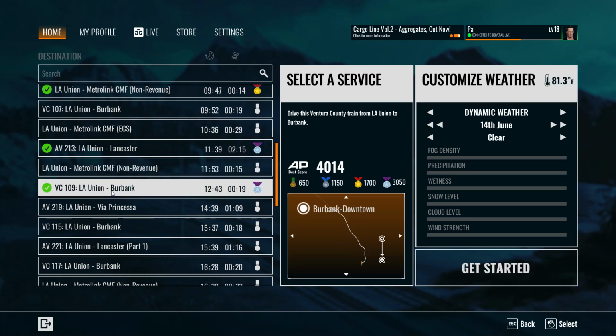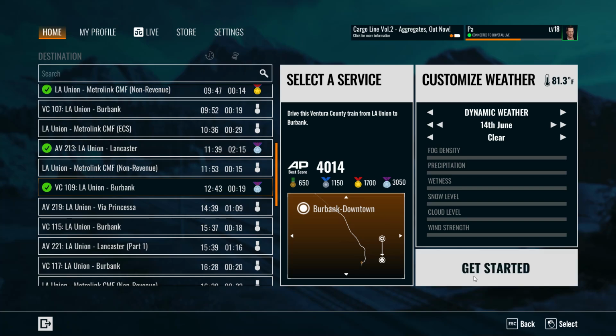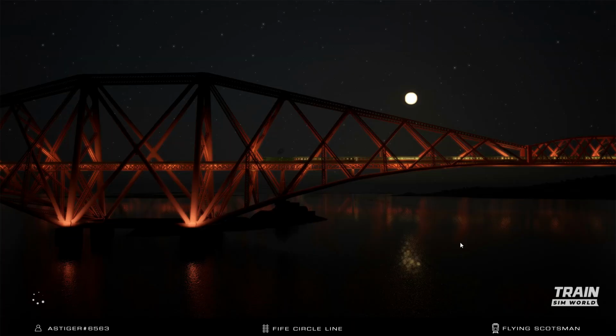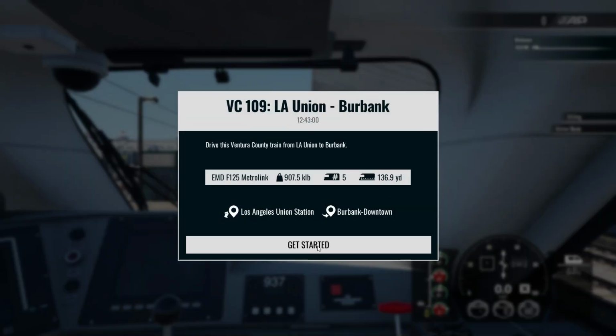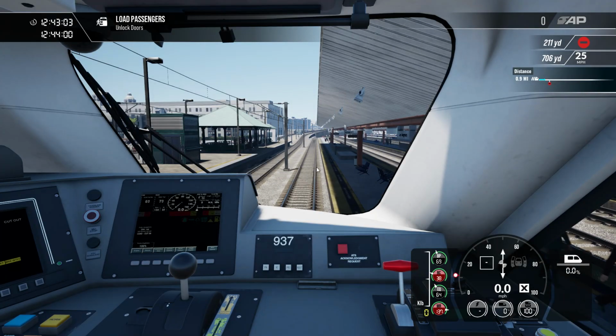Let's go ahead and get into our train. We're going to be running from the LA Union Station to downtown Burbank in this scenario. Just take a minute to get into the station, and here we are. And let's open the doors, let passengers start loading up,